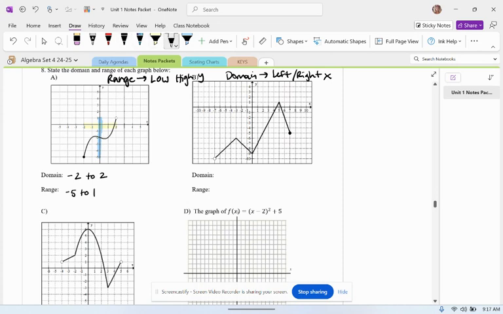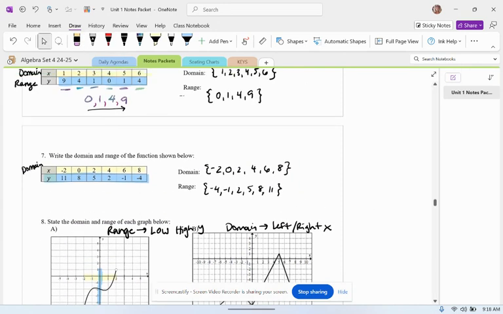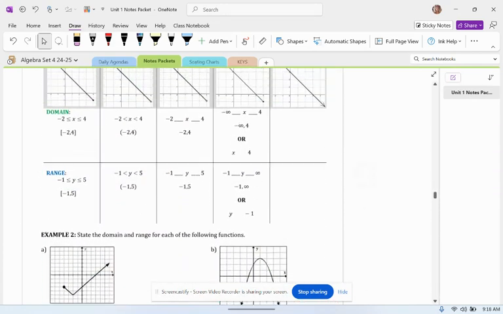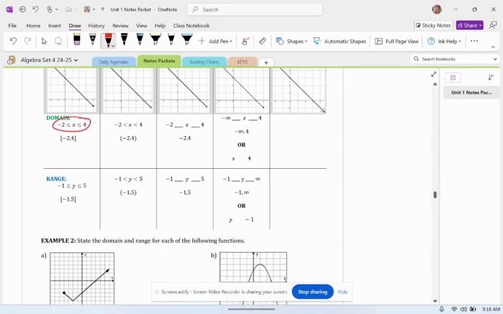Writing the word "to" in between the two values that the graph is sandwiched between for either the domain or the range is perfectly acceptable on the Regents and will get you full credit. However, if you would like to kind of build some skills for next year, you can write this in specific notation. The notations that you learned the other night were inequality notation and interval notation. Okay,